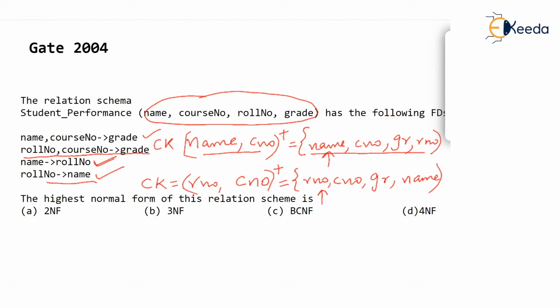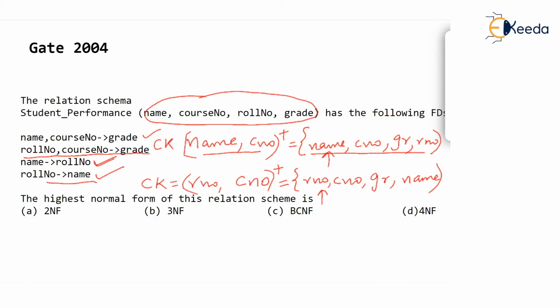Isn't it so? Well, can we have any more candidate keys? One thing is sure, course number must be part of the candidate key. Now we have already joined name and roll number with course number. Can we have grade and course number as the candidate key? Well, grade comma course number closure will be grade comma course number. And now if you browse through all the left hand sides, nothing will be brought in. So grade comma course number cannot be a candidate key. So we come to a conclusion that there are two candidate keys for the given table.